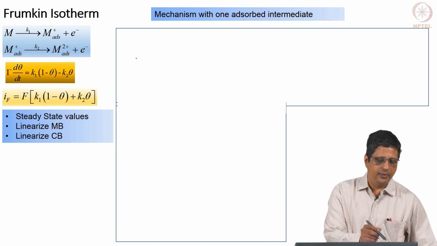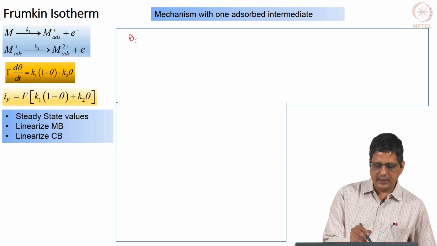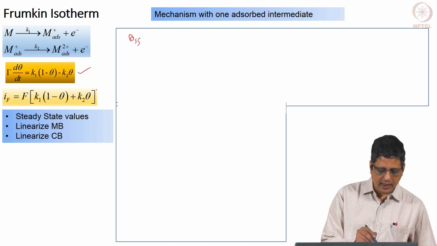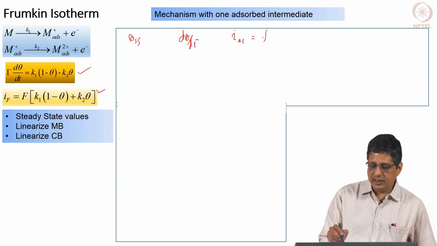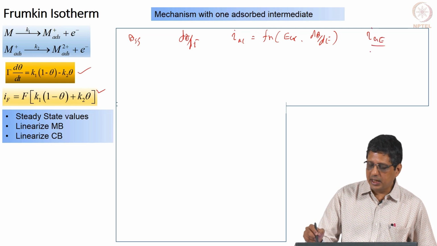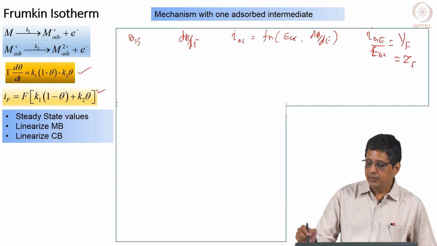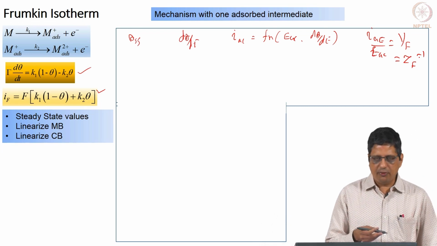We are just not using those things, this is a simpler way of doing it. So, normally what we do here, we get these equations, we first write the steady state. So, we want to get theta SS, then we will take this equation and this equation, the mass balance and charge balance, linearize them, and we will get an expression for d theta by dE. We will get an expression for IAC as a function of EAC, and it will also have d theta by dE. Then we will rearrange it so that we can get EAC by IAC or IAC by EAC, it does not matter, and we will get an expression for Faradaic impedance or Faradaic admittance. This is the procedure that we have followed so far.